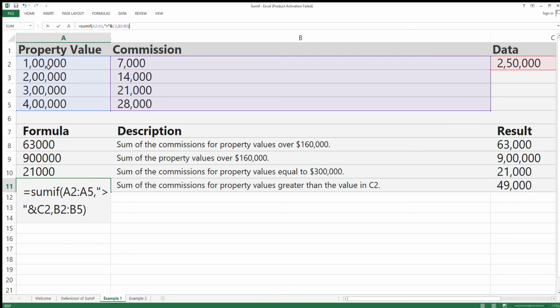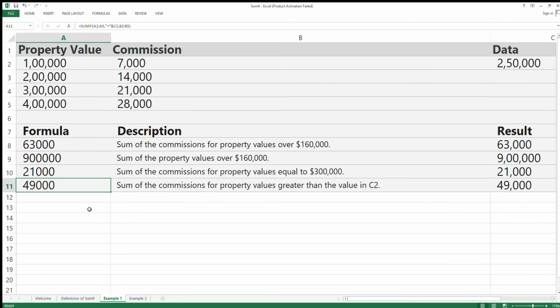Because we are giving a property reference instead of directly writing it, we have used this ampersand symbol. Then the final is commission, that is the sum of commission. So for that we have given the range B2 to B5. Once we enter it, we can see 49,000 is the result, which is equal to our value.